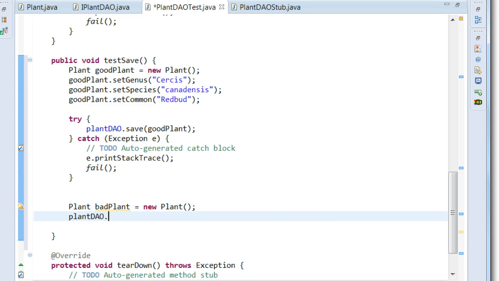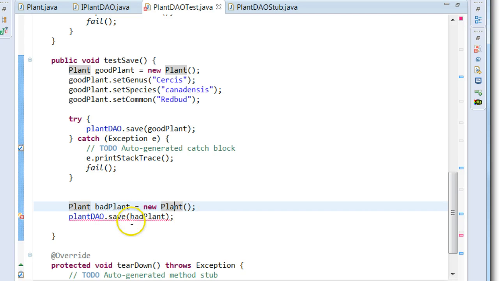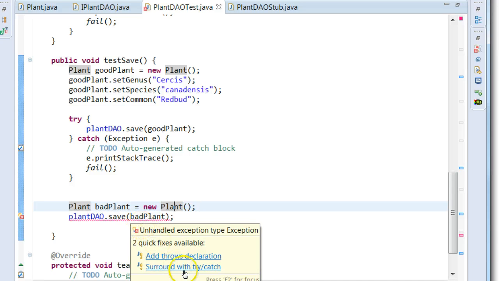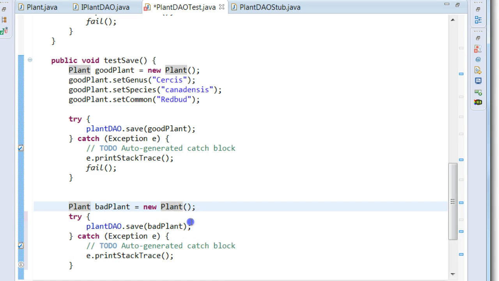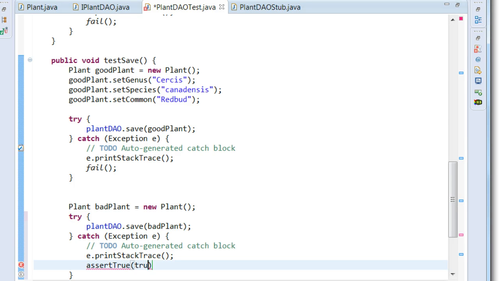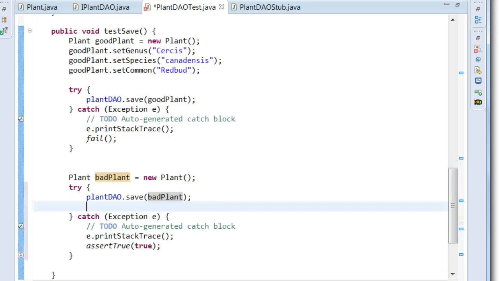Plant DAO, save, bad plant. This one we're expecting should not save because it doesn't meet any criteria. We put nothing in it, no genus, no species. So let's surround with try catch. Now here's what's interesting. In the catch block, we are expecting an exception. So we'll say assert true, true. We're just saying, yeah, okay, we should be here because we're expecting if we have bad data, it should not